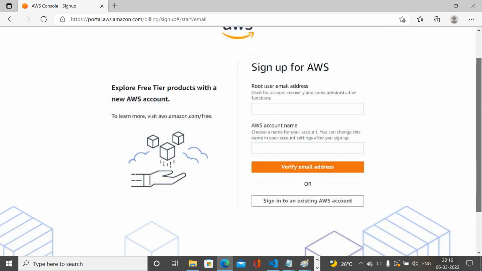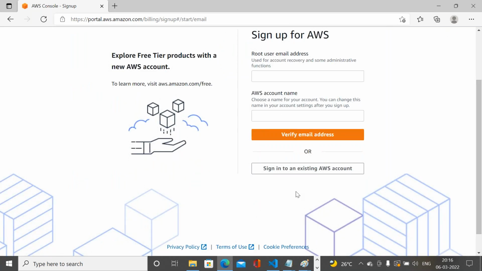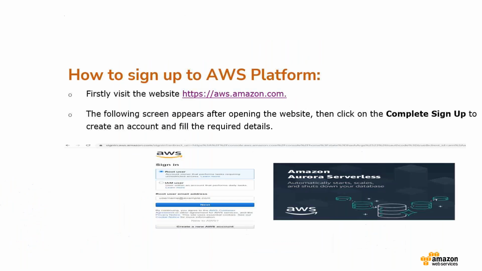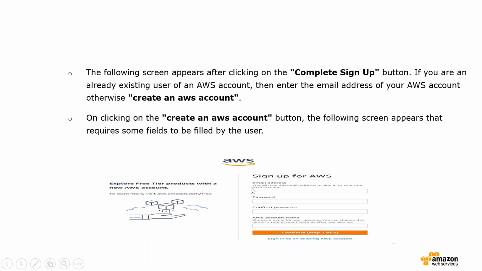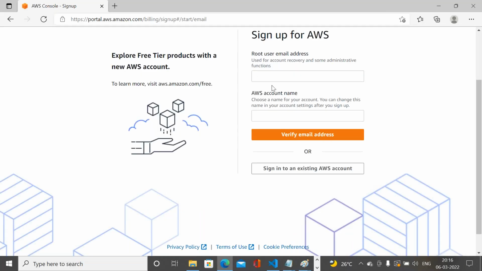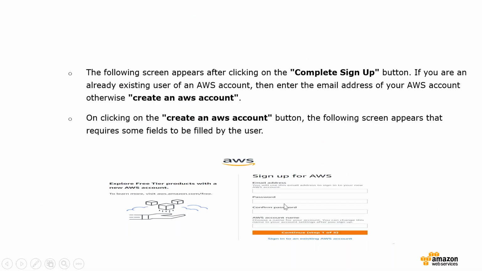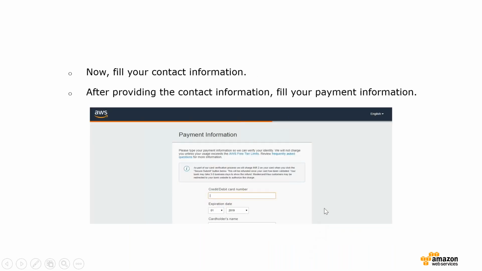From here onwards, I'm going to show you the PPT which I prepared. This is the page you are seeing: sign up for AWS, root user, password, credentials. Once you supply your email address, you set your own password and credentials and click on continue. Then you have to add the payment information: credit or debit card, expiry date, and card holder name. Once you submit it, 2 rupees, I mean INR 2,